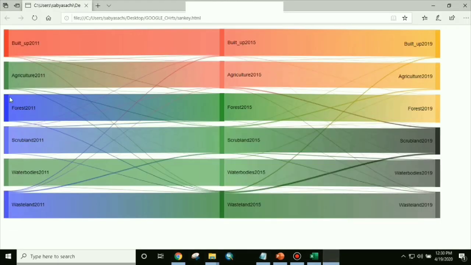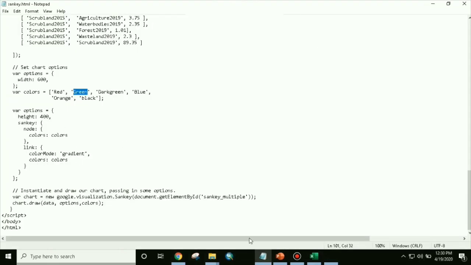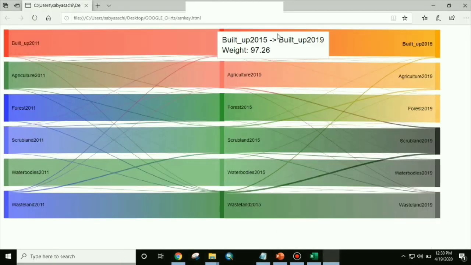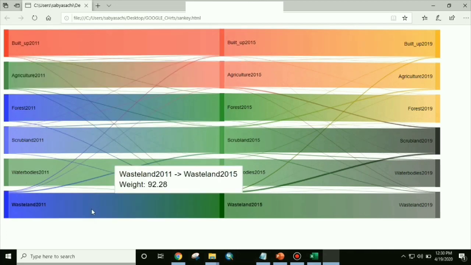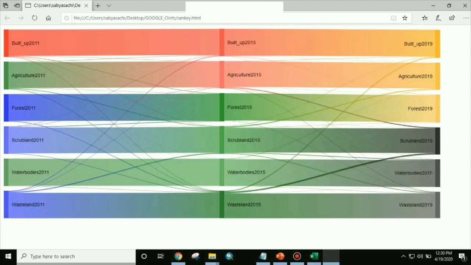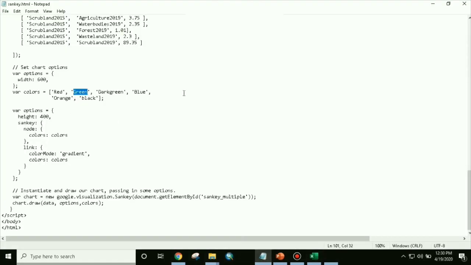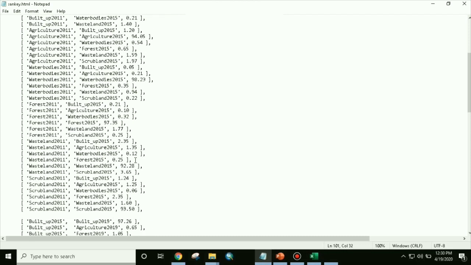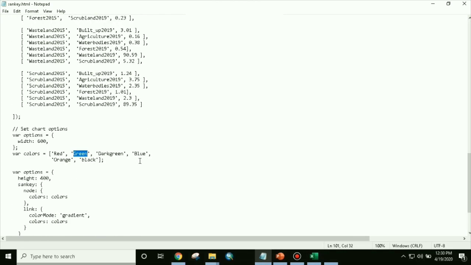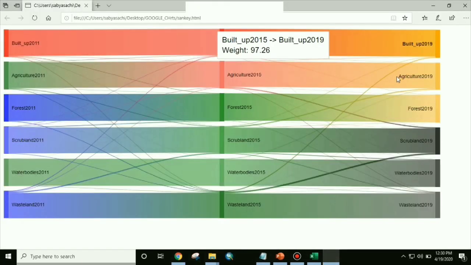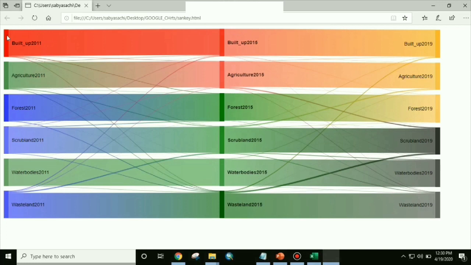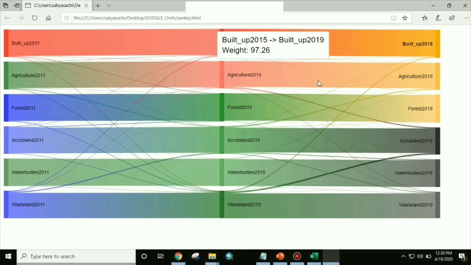If we count, for example, we are having 1 2 3, 1 2 3 4 5 6, so here 6, then here 6, here 6, so total 18 variables we are having. So we have to put 18 colors, then we can modify each and every variable color based upon that. Otherwise that color will come like this. If you want to change a particular variable color, then we have to put 18 colors.